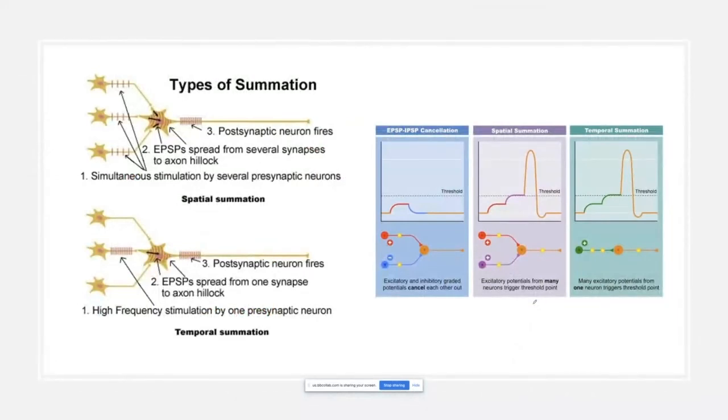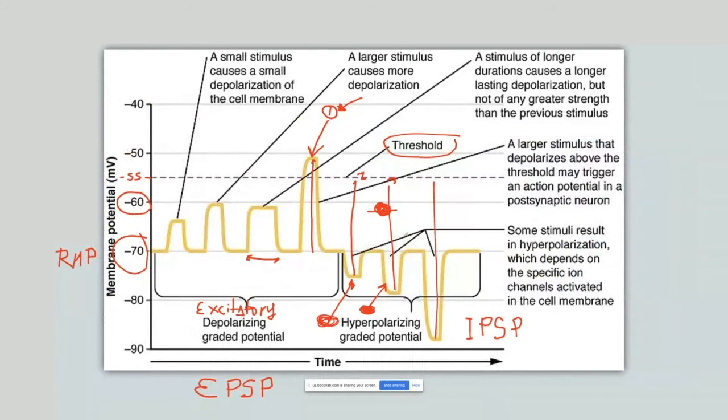Now, sometimes our nervous system does different things in order to transmit signals. Okay, we were talking about different excitatory and inhibitory potentials. Sometimes if you want to stimulate a neuron, you can do different things. Either produce one excitatory potential that is very high in magnitude, or produce many different small potentials that when you add them all, you're going to also reach the threshold.